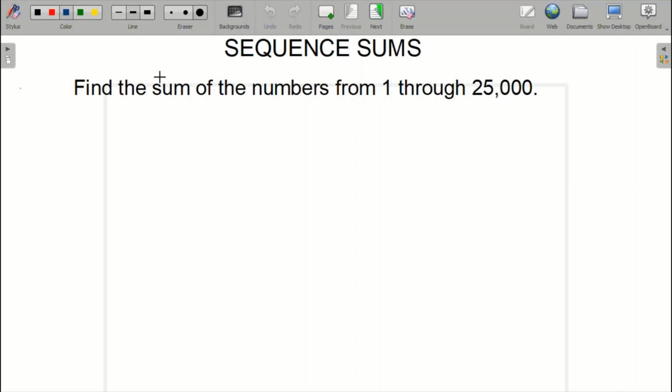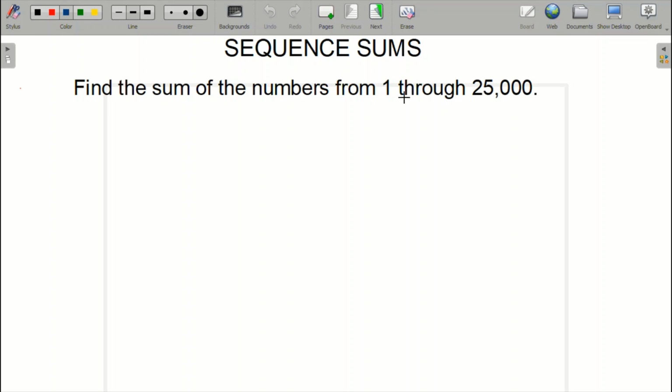Okay, so we're going to talk about sequence sums. Find the sum of the numbers from 1 through 25,000. We're going to use the Gauss method. 1 through 25,000 are counting numbers, so there are steps in finding the sequence here. The first step is let's